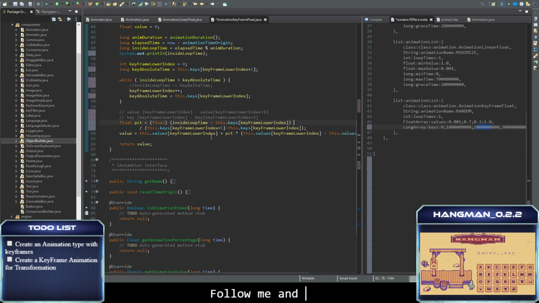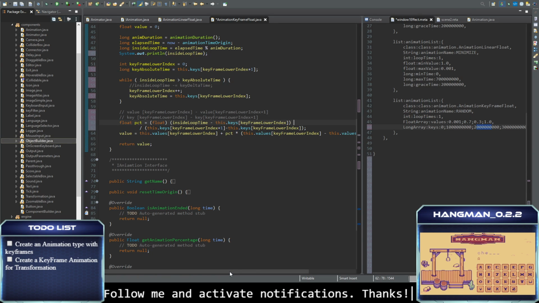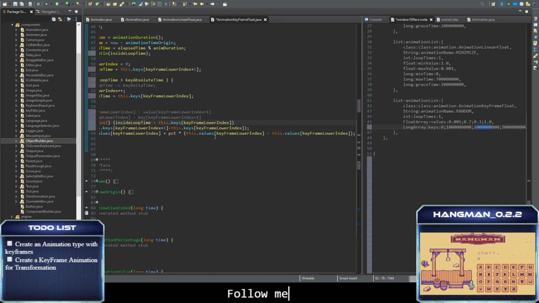Okay, so we have the percentage, and the value will be the minimum value, so it will be the value of the left keyframe plus the percentage multiplied times the difference between the value of the here